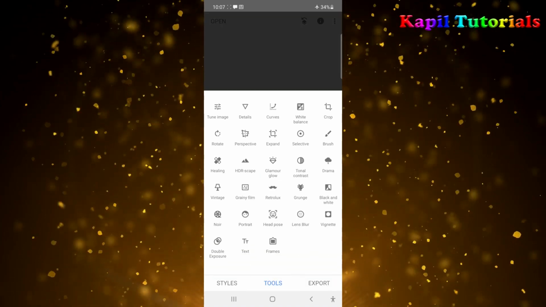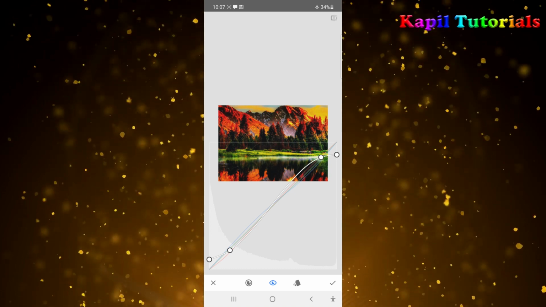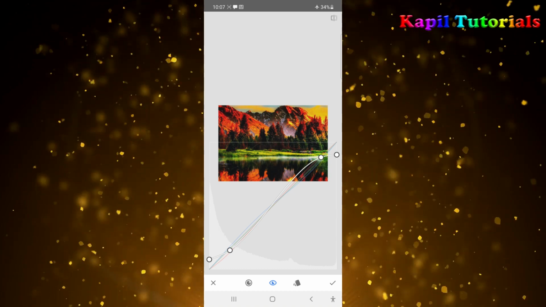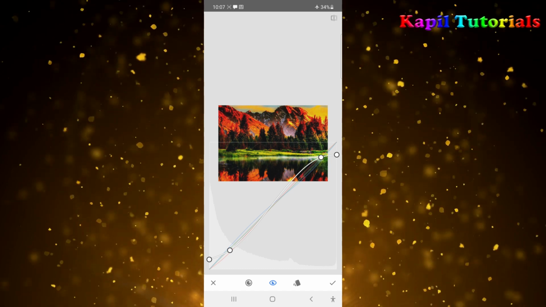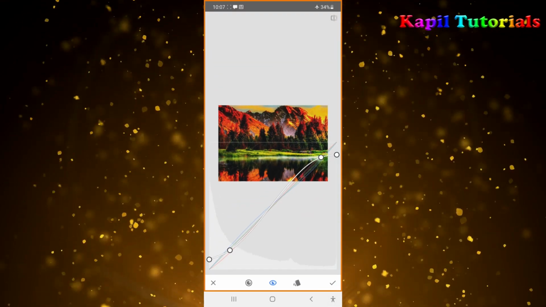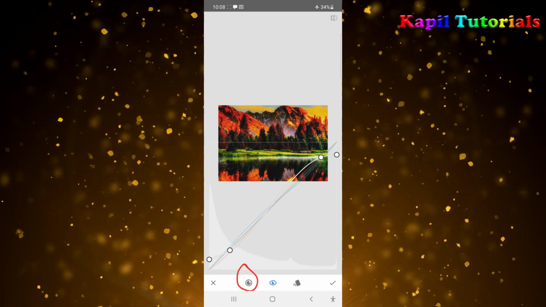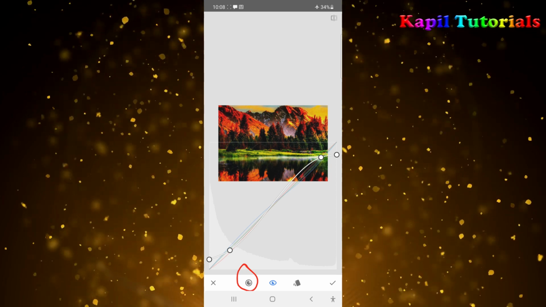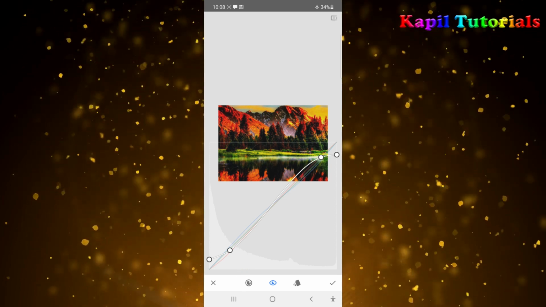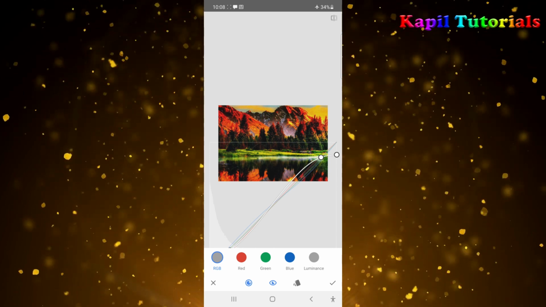And I can control even the single color with this tool. For that, what I have to do, here I'll click here, I'll click. You could see here red color. Suppose I am clicking upon red color.